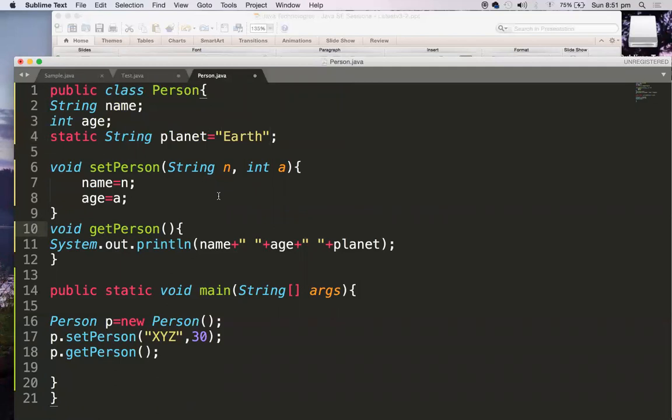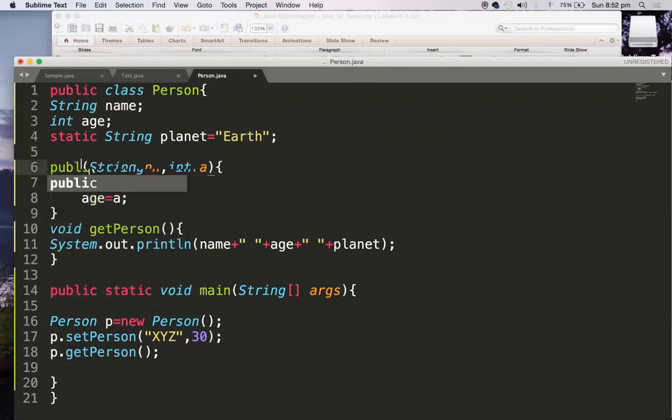Simple. What is setter and what is getter? A setter method will set the values of the class, and the getter method displays the values of that particular class. That's it. Okay, so now if you write a constructor, we can actually avoid a setter method. By writing a constructor, we can avoid the setter method. So now how am I avoiding it?